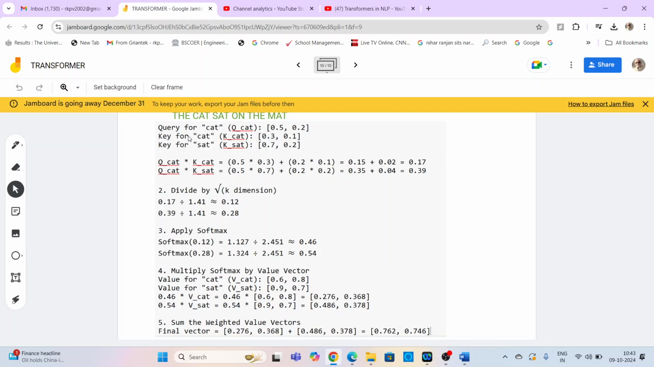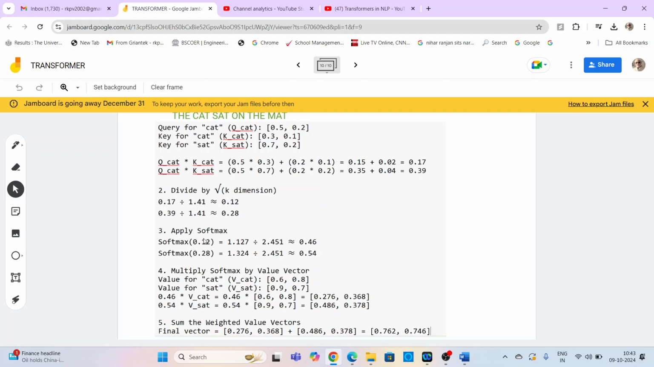you have the query for the cat vector as 0.5, 0.2, the key for the cat vector as 0.3, 0.1, and the key for the sat vector as 0.7, 0.2. Now the first thing we are doing here is multiplying the query vector with the key vector, and after that dividing it by root of k dimensions. If you look at the number of dimensions here, it is 2. So root of 2 is 1.41. That's why you're dividing by